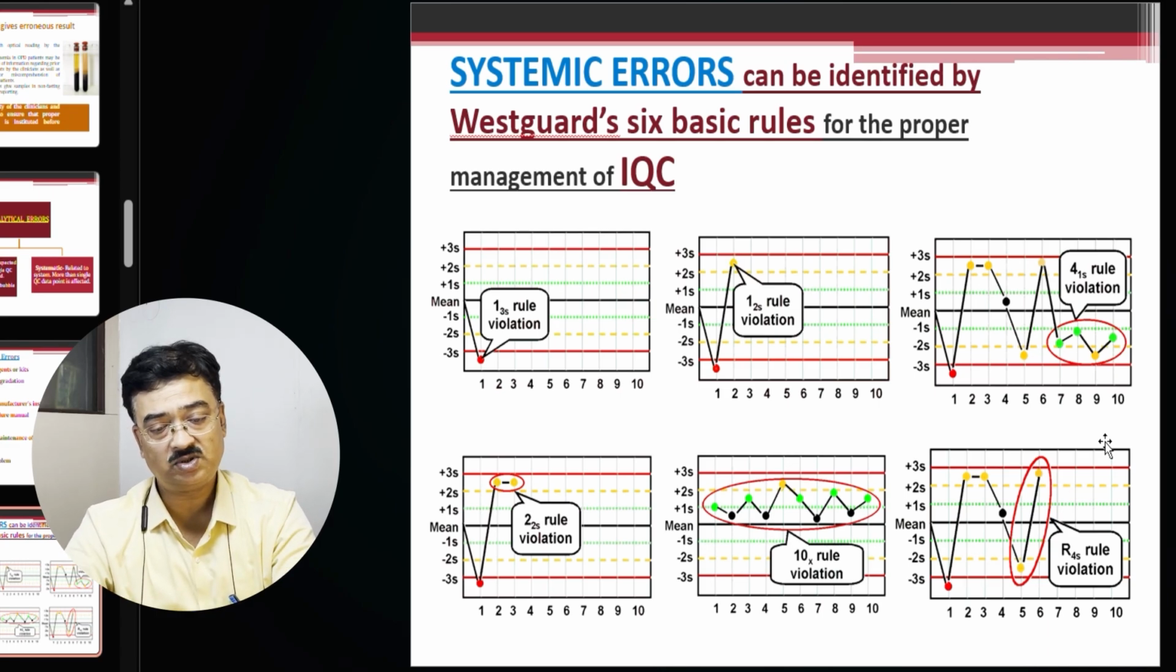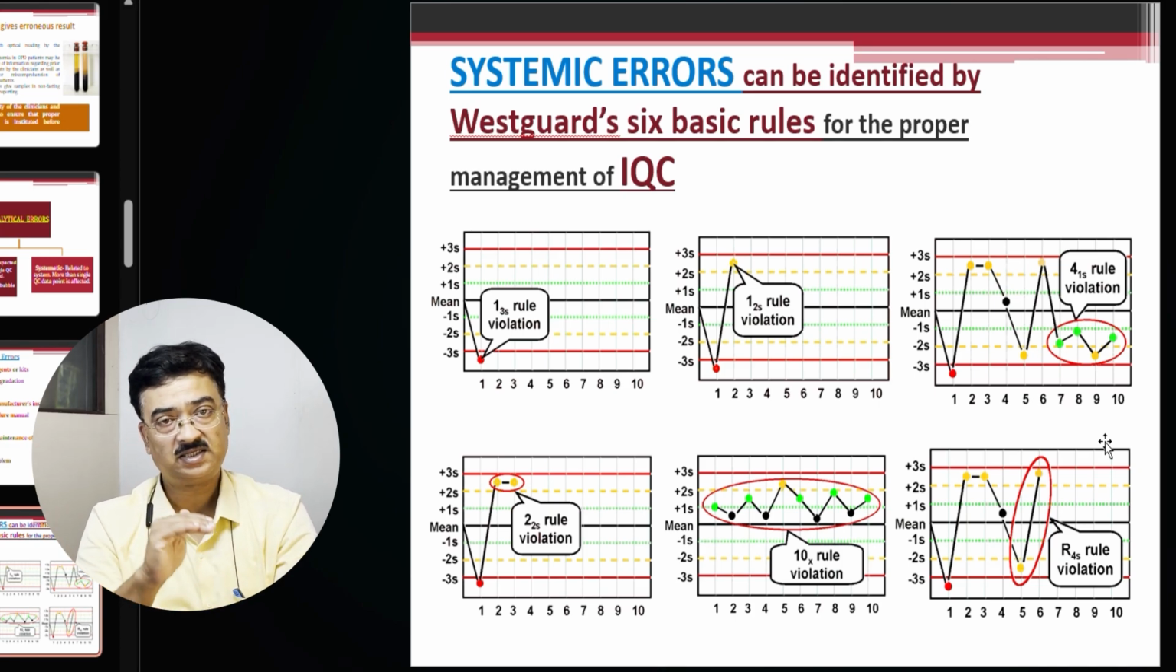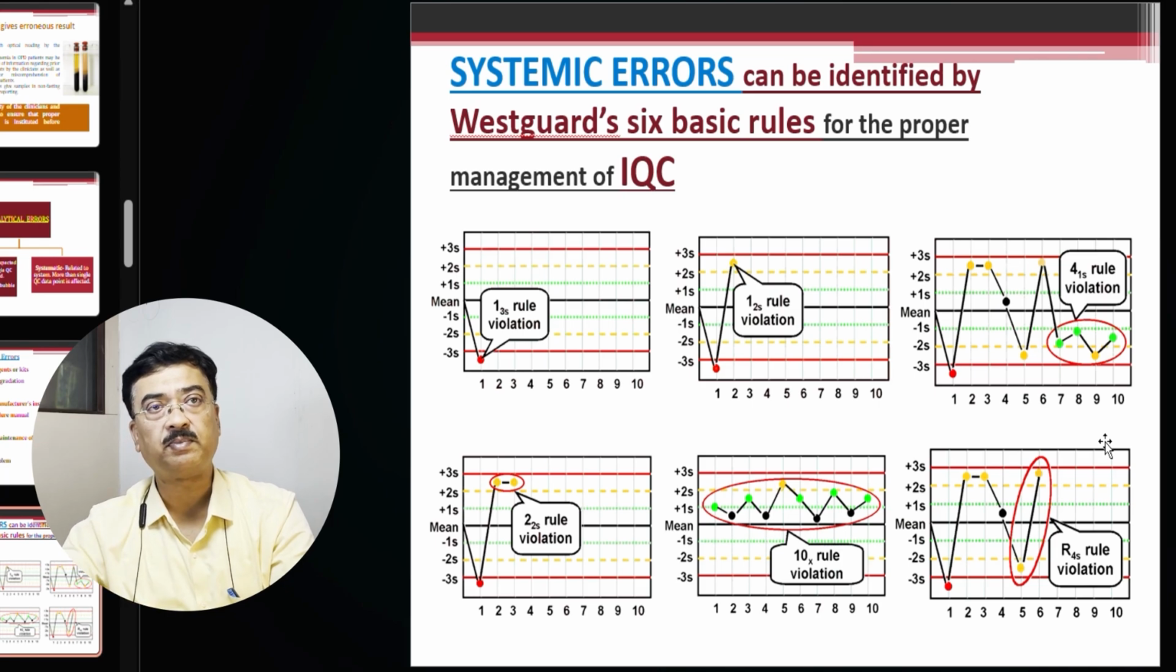Until and unless you change the reagent as a whole, the same problem will keep on repeating. Like if you have a calibration error, until you recalibrate the instrument, because of this faulty calibration, the same kind of error will keep on repeating. So therefore, to find out the systemic error and its roles, we have